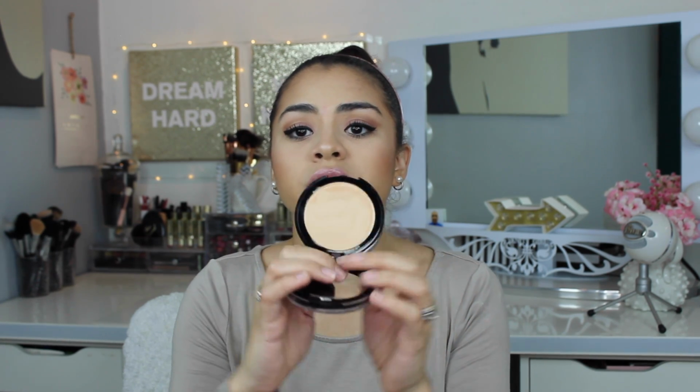Now the foundation is, first of all, I don't like this packaging. I don't like that it doesn't fold all the way back, or even a little bit further back than this, just because it's uncomfortable to really use it. But as far as the foundation goes, it's more of a powdered foundation, and it's not a full coverage foundation, which it doesn't claim to be, but I didn't notice that it wasn't full coverage on my skin because I haven't had a lot of stuff to cover up on my skin,